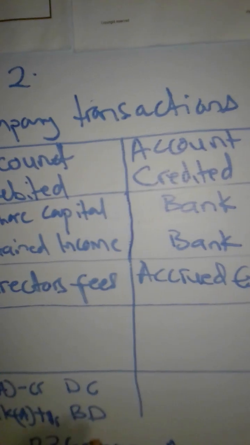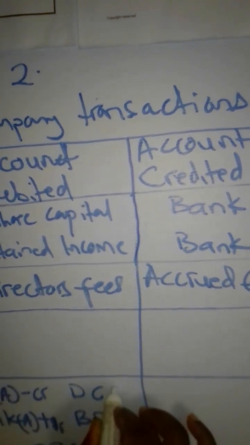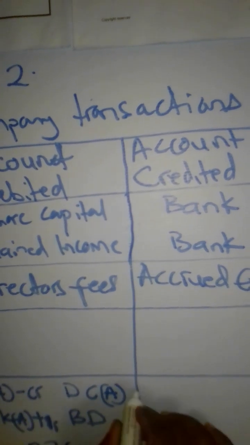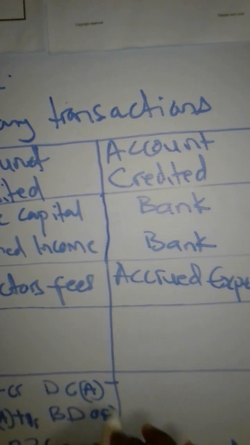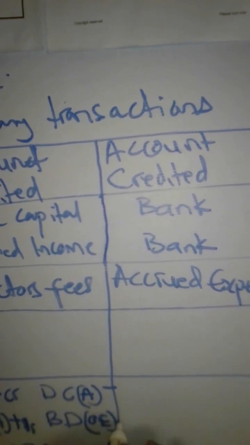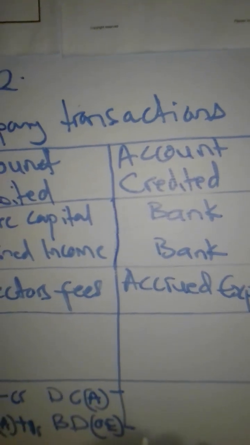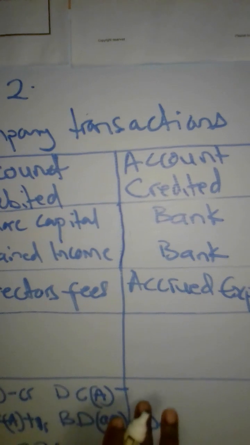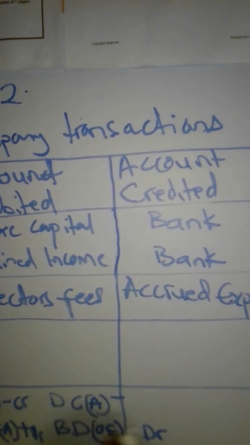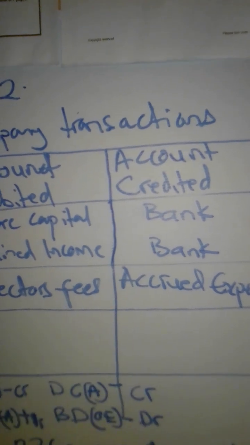Also this part: if we are no longer expecting to receive money from a debtor, what happens? It means our debtors are going to decrease, and bad debts is an expense. All expenses decrease owner's equity, and anything that decreases owner's equity we debit. So we debit our bad debts and we credit our debtors control because they are decreasing. This is how we are going to record.